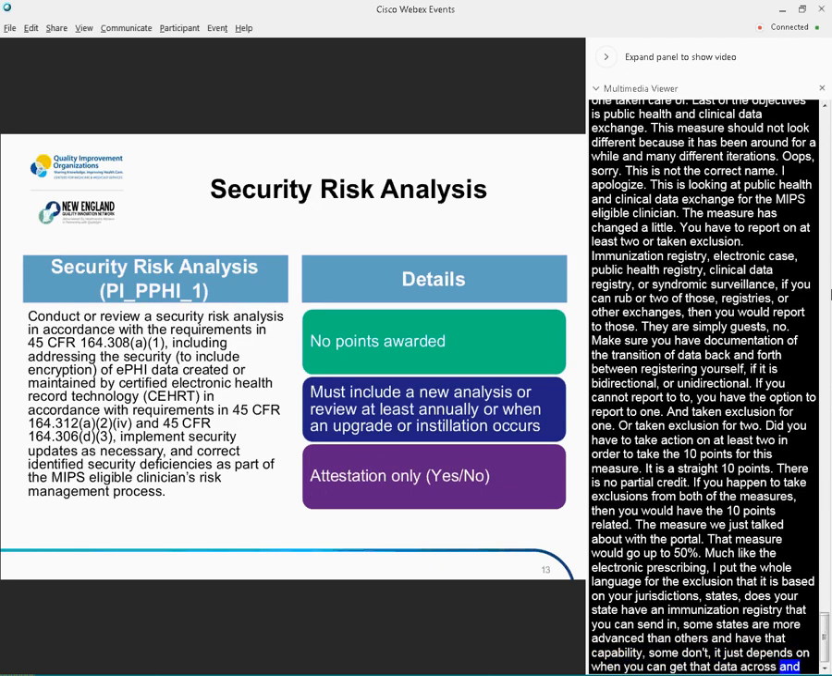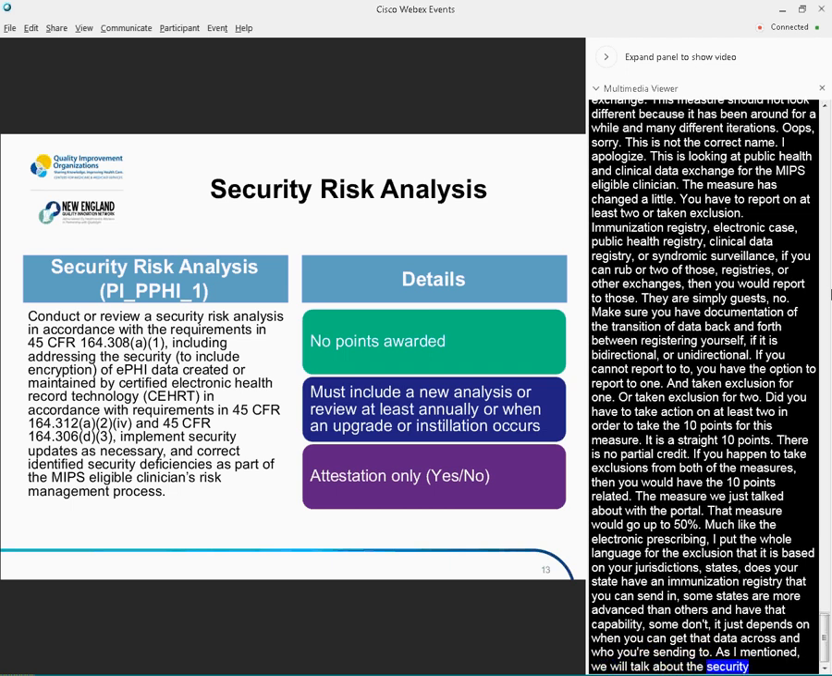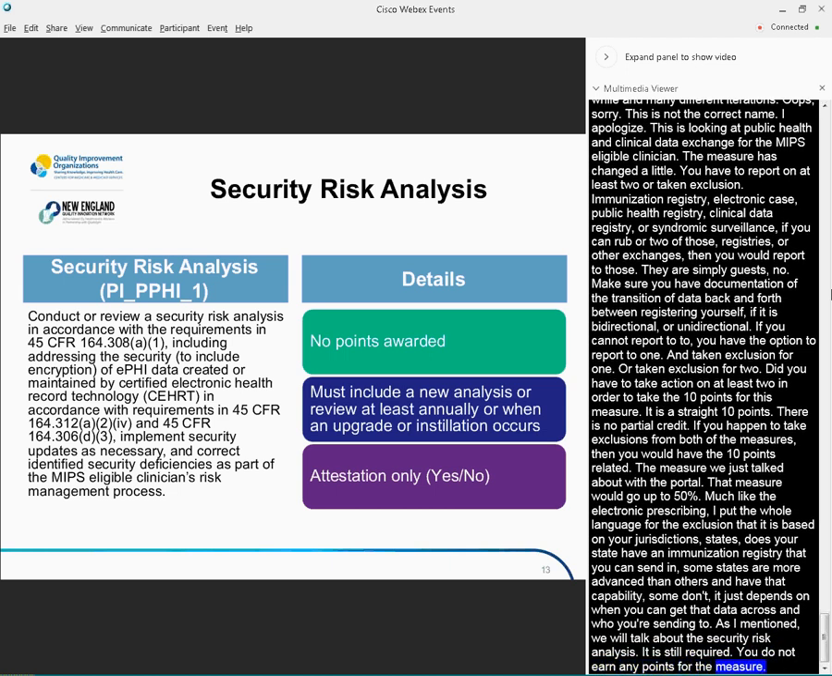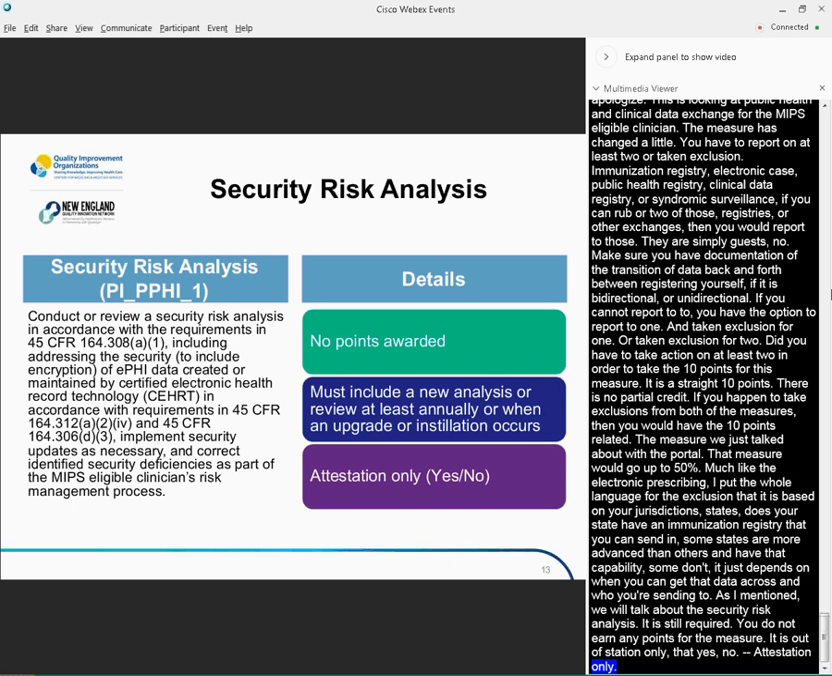As I mentioned, we'll talk a little bit about the security risk analysis. Security risk analysis is still required. You do not earn any points for this measure. It is attestation only, so that's yes, no. This measure, and technically the 2 I just talked about with the electronic submission of clinical data or registry data, definitely have supporting documentation